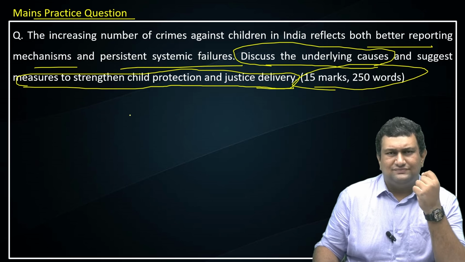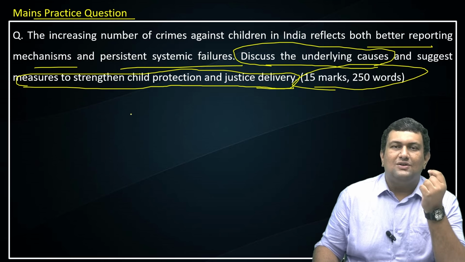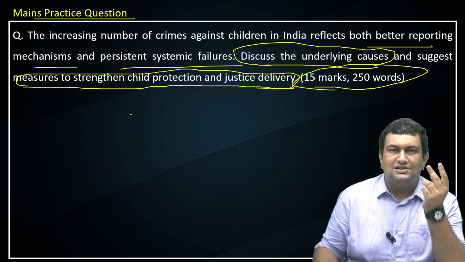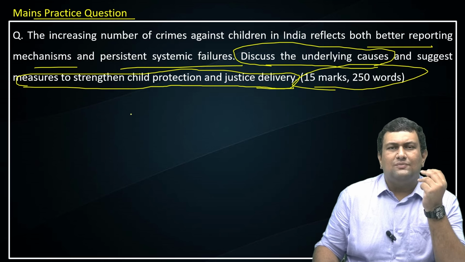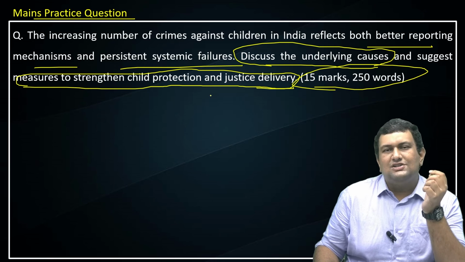Second is institutional gaps in police as well as judicial systems. You can talk about delay in justice. You can also talk about non-reporting of crimes because of social stigma, etc. and all. And in measures, you can talk about